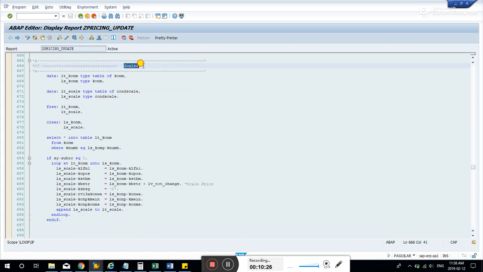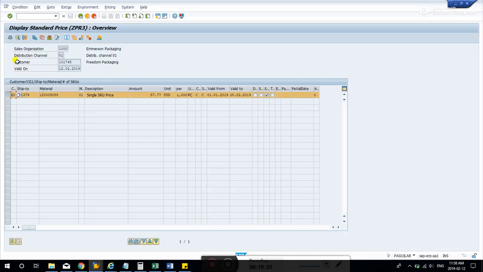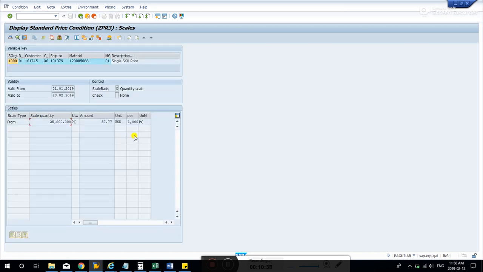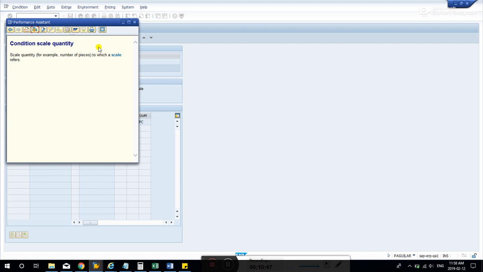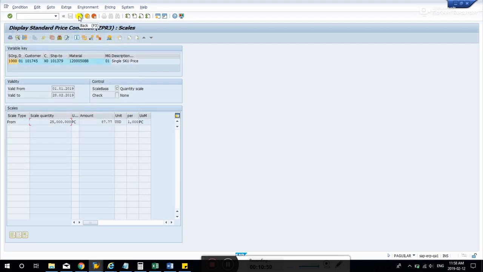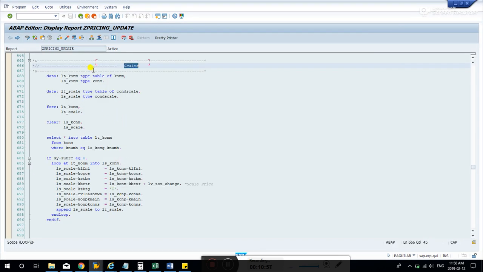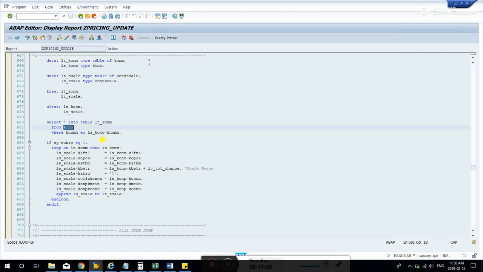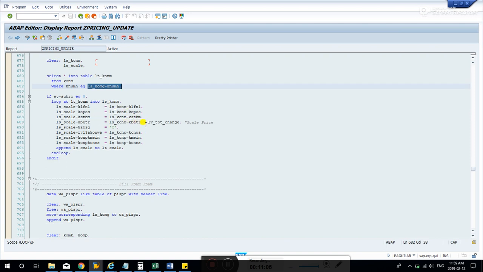Okay, after that, scales. So I've discussed in the previous video, I think, the scales. So the scales in the condition record here, if you highlight that and hit scales, these scales are stored in the CONM table. So if you do an F1 here, CONM, okay, they also use the same condition record number like what's in the header, CONP. So here CONM, okay, I've selected here, KNUMH coming from the CONP, and here I've updated the price, okay,